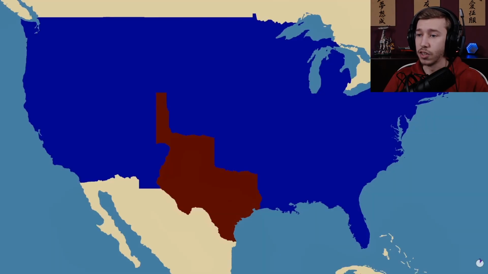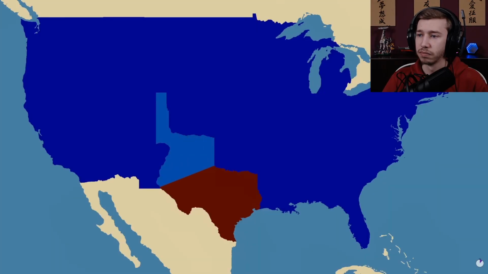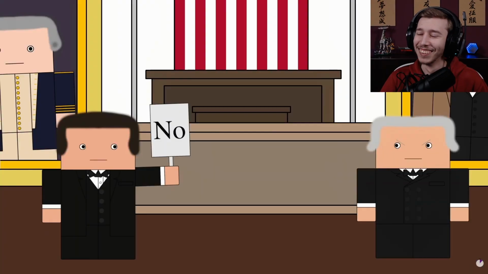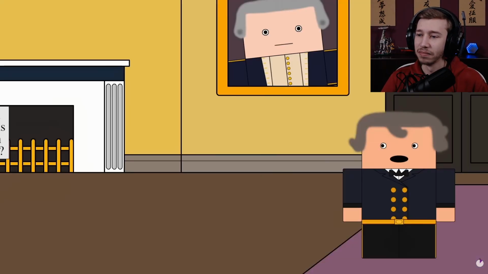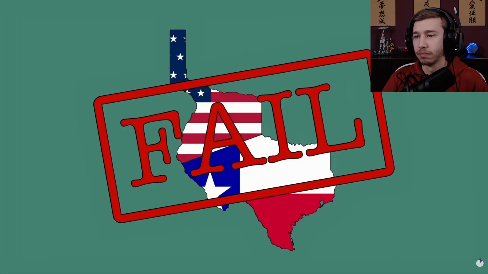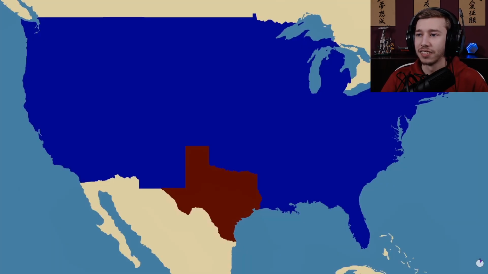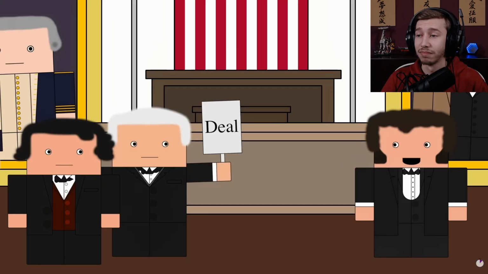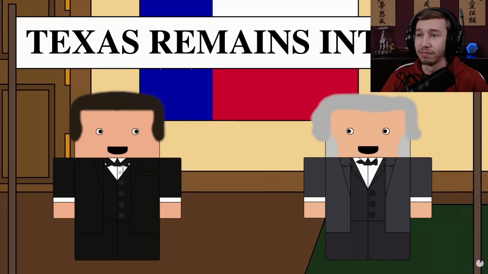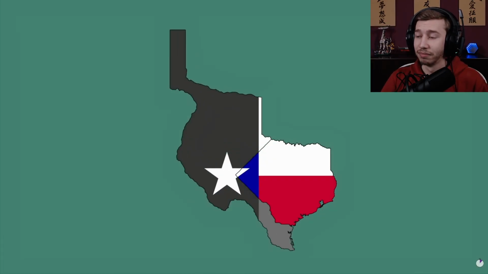Thus, the US government needed to make sure that Texas kept much more of its territory, and two ideas were put forward. The first was by Henry Clay, who just did this, giving this land to New Mexico. This was rejected because it meant that this tiny piece of land here would be ceded from New Mexico to Texas, which meant opening a whole new can of worms. And thus, in the end, it was Senator James Pearce that settled the issue. He put forward this border which took this from Texas and gave it to the federal government. This was acceptable to Congress because it didn't require splitting the state of Texas, so long as you considered this to be Texas and this to be extra territory that just happened to belong to Texas.